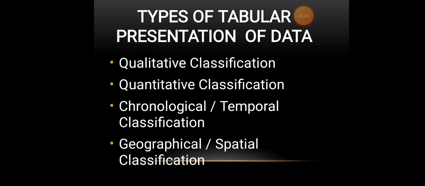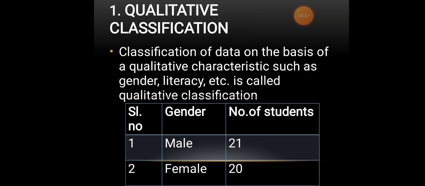Next one, the types of tabular presentation of data, that is, table presentation of data. These are the same classifications which we studied in the earlier chapter, and the same classification has been given under the tabular presentation. First is qualitative classification, quantitative classification, chronological or temporal classification. The last one is geographical or spatial classification. First one,